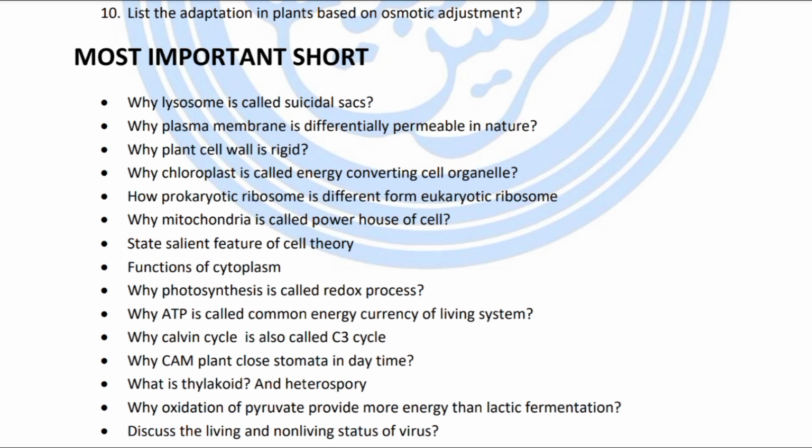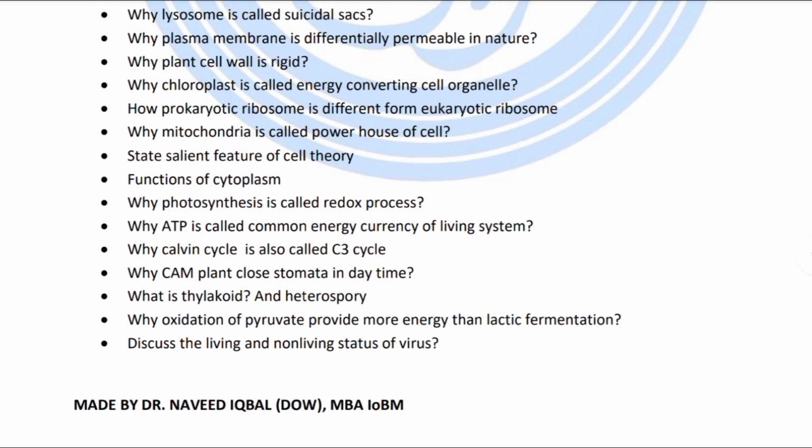the energy converting organelle, how are prokaryotic ribosomes different from eukaryotic ribosomes, why is a mitochondria called the powerhouse of the cell, state the salient features of cell theory, functions of cytoplasm, why is photosynthesis called a redox process, why is ATP called the common energy currency of cell systems, why is the Calvin cycle also called the C3 cycle,